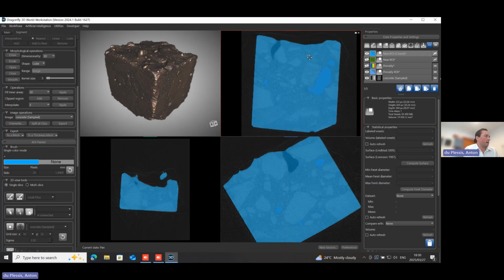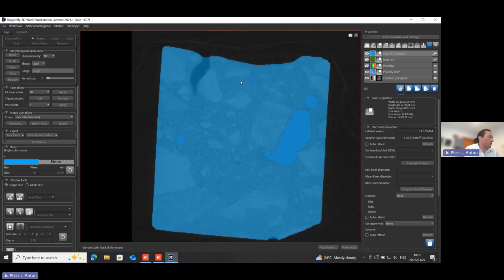The next step is not necessary, but I like to do this: I like to erode the sample away under the surface. I don't want to have surface little concaves which are seen as open pores. I want to erode away this region of interest to only analyze this part, which is now blue. So this is now, let's call it material eroded. This is our material fraction.